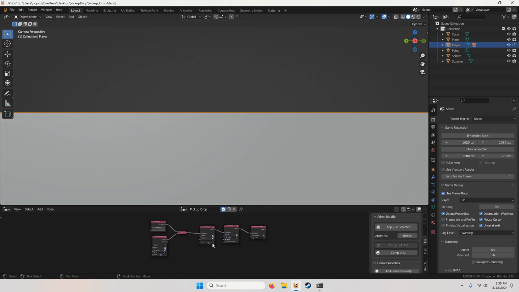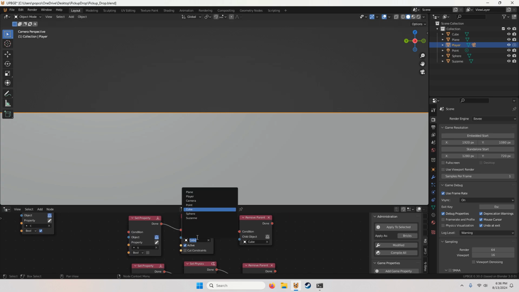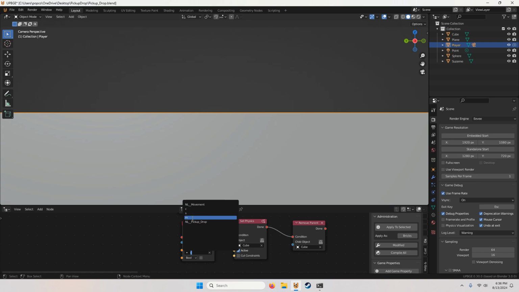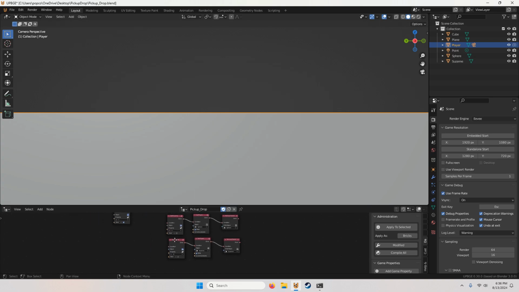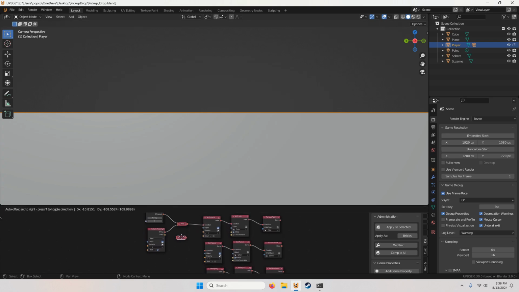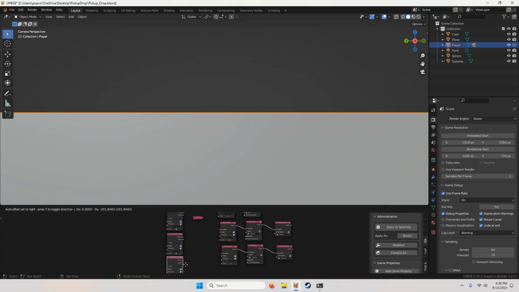And so now we'll just do the same thing for the rest and copy these last 3 nodes 2 times and change this one to S for sphere, and the last one as M, Suzanne. And we'll need to copy these 2 times as well.